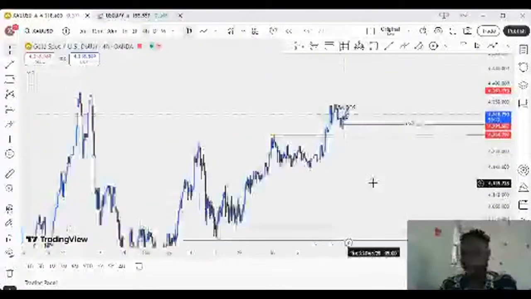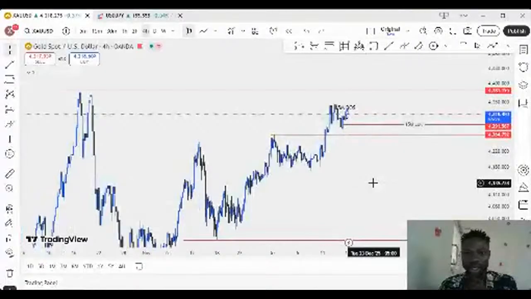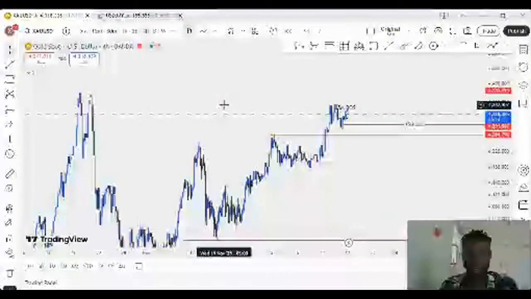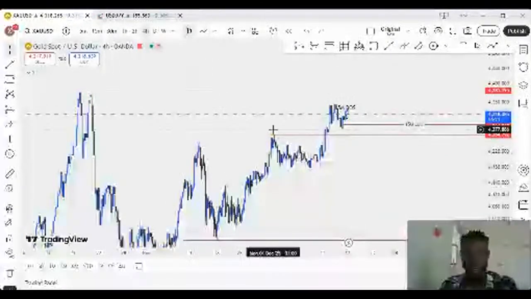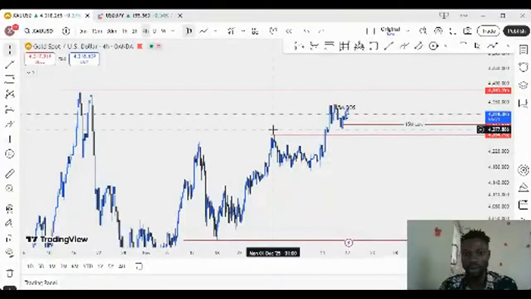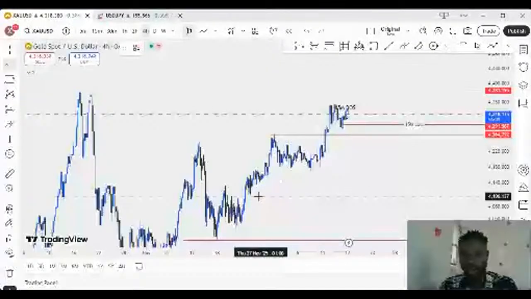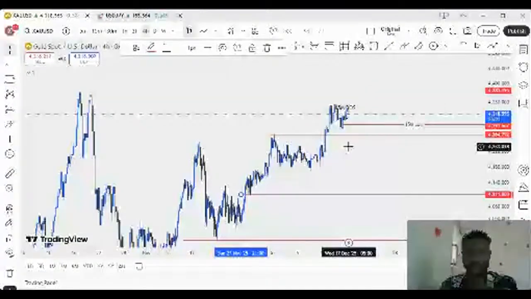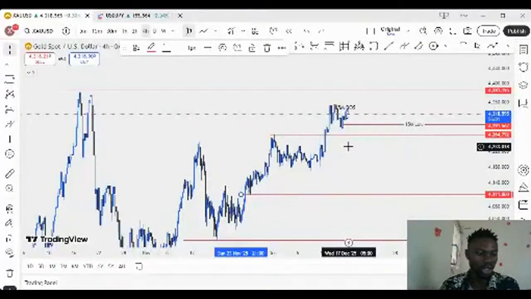Bullish momentum on gold, and we are very, very bullish. We are still very bullish, but at this particular zone we have to be very cautious because it's at the level of a key zone, whereby we expect the market to do a retracement movement back to this level here. Let me mark the level now. We'll be expecting gold to retrace to this place around the 4,100 level. But this is a short time trade, as for gold to go from this place to this place, it might take days. So we are not swing traders.